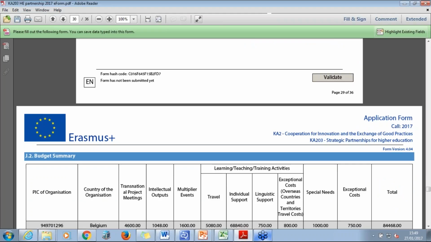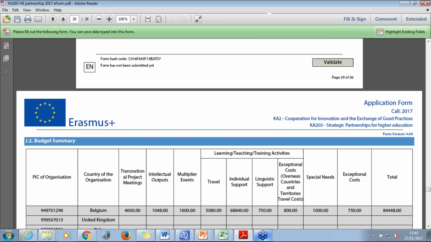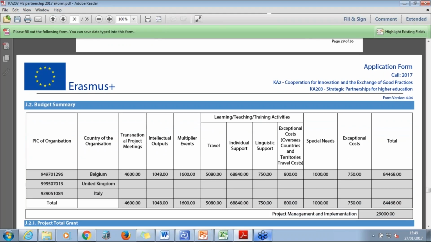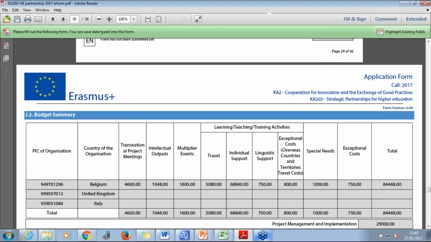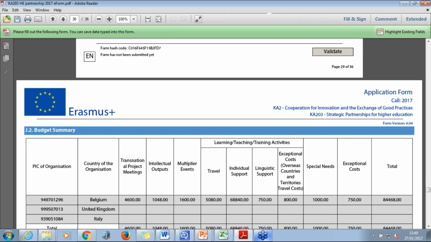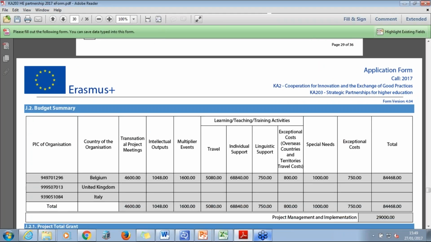Next, you've got section J.2, which is budget summary, and this is a table providing an overview of the activity number, activity type and grant requested for the project. It just shows you how much each organisation has requested. When I was filling in the form, I seemed to put the one pick quite a lot, but obviously yours would be spread out a lot more evenly. Yeah, so just check that everything there reflects